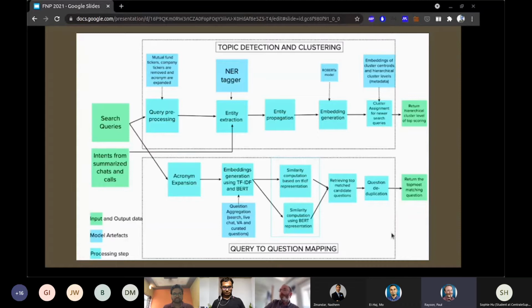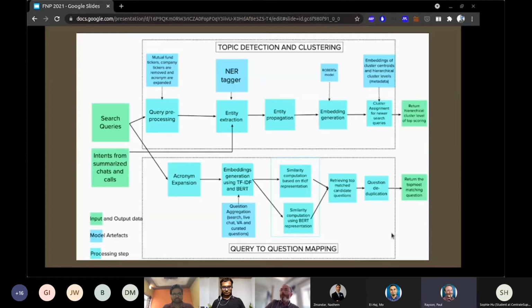We use a custom entity tagger which has been built in-house to detect entities from these. Finally, we hierarchically cluster them after creating their embeddings using RoBERTa. We store the embeddings of the centroids to assign clusters for the new interactions which we get from time to time.